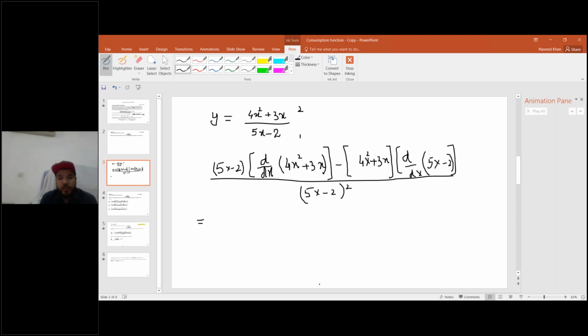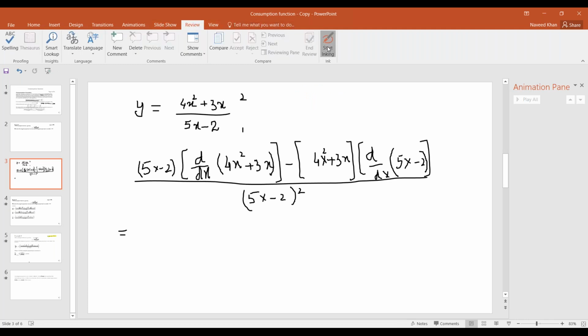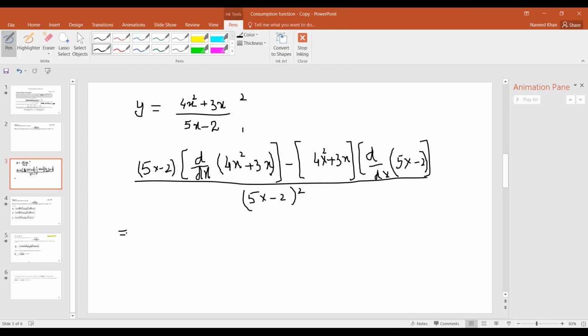So now, dear student, one more thing is, for example, again I'm going to share the screen with you. Okay, so here, now we are going to take its derivative, so it will become 5x minus 2,